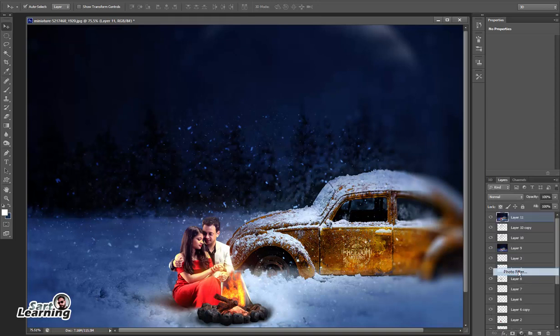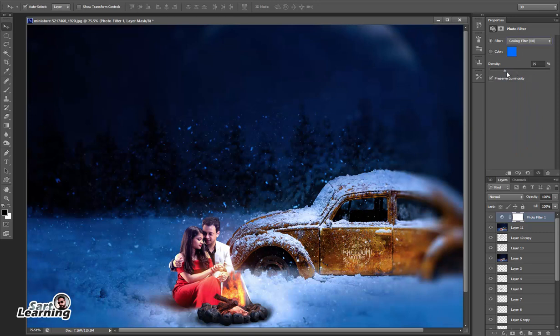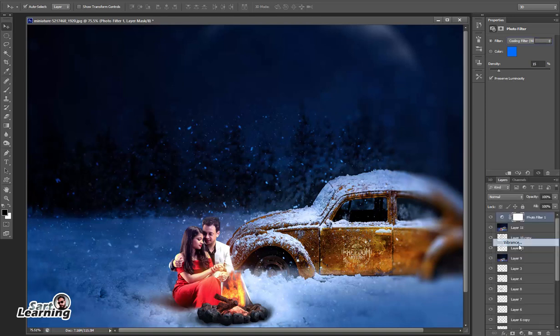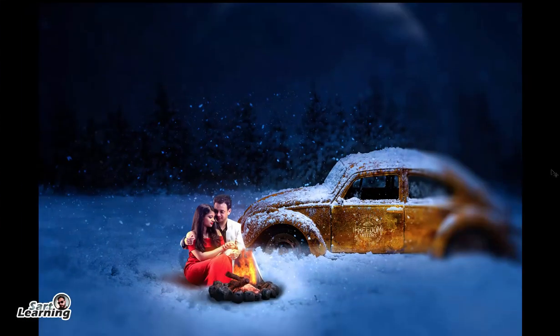So you can use any effects or adjustments, it's all up to you, whichever you like most. I'm not saying that you have to follow this instruction, because I am just giving you the process of how to make this image. Hope you like the video.